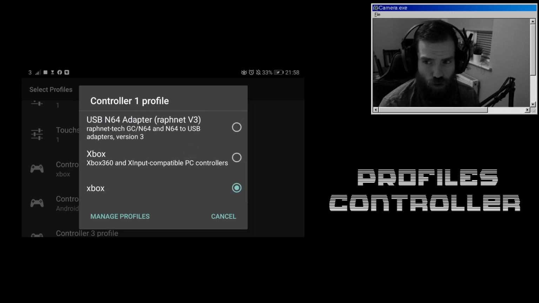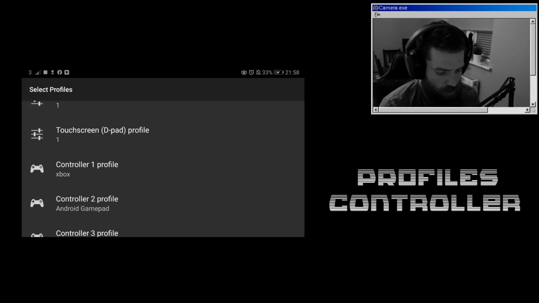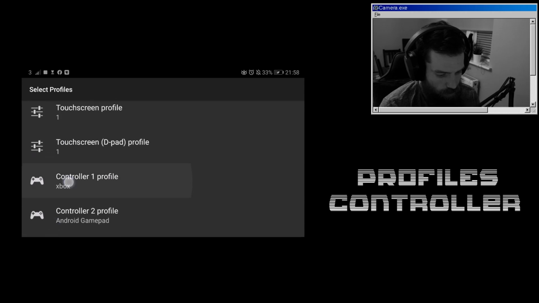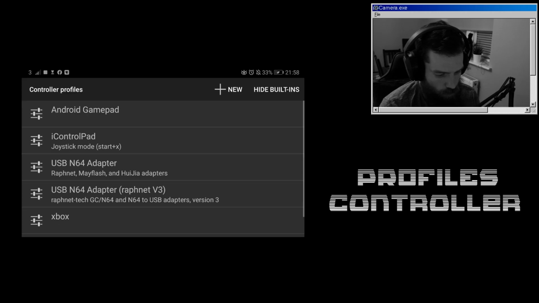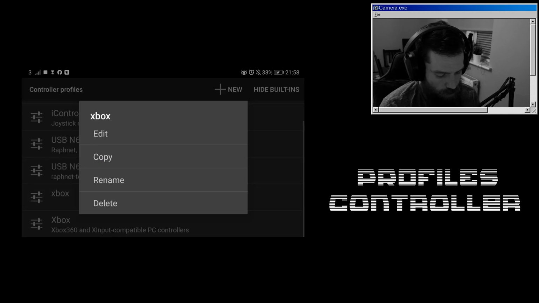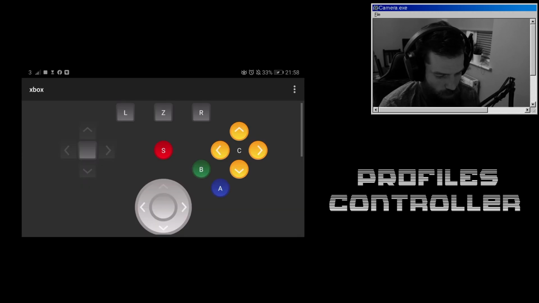If you're going to use the Xbox 360 one, word of warning, it doesn't map the buttons right. So I've actually had to go in and customize my own. I just went in and managed it, and then we went on to Xbox and let's go edit, and I'll show you. So that's my setup. It looks a bit strange because I'm not using a touchpad, but the one thing I will make you aware of, the C buttons don't map, and the R button and L button are a bit tricky.